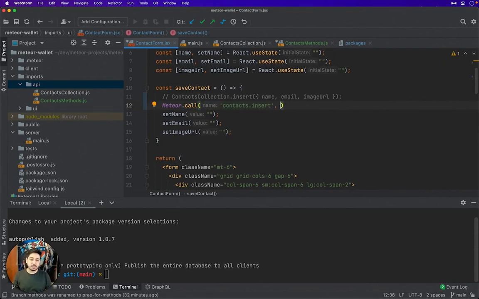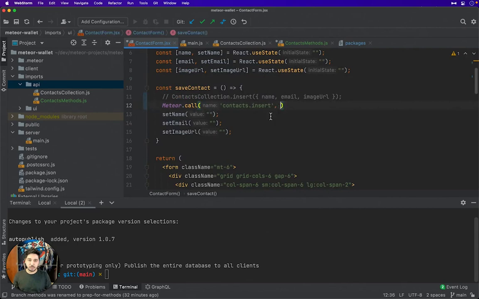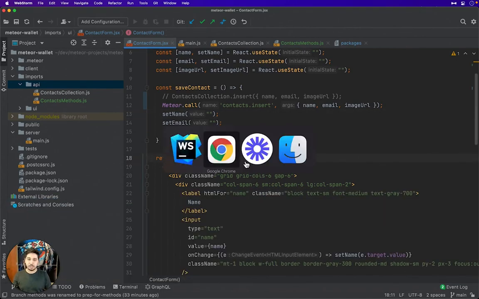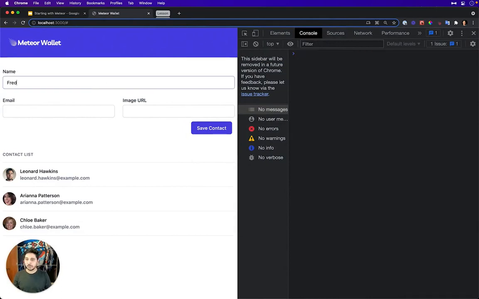And then it is expecting the arguments. What are the arguments? Let's go back there. It is basically the contact object with a name, email, and image URL. So basically the same as we were passing right here. So I will copy and paste this, and let's test it. I will close this and just check, okay, my app is running. I will open the browser and test this functionality now. So again, I will add myself, Fred at gmail.com, and just a fake image URL. If I click on save,